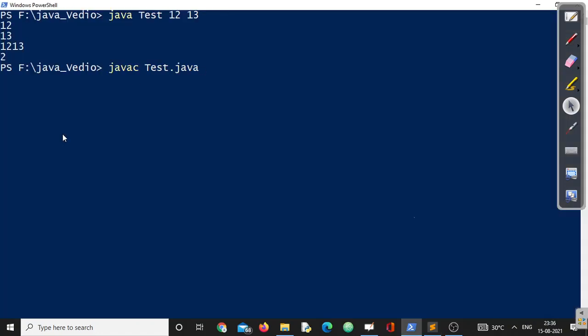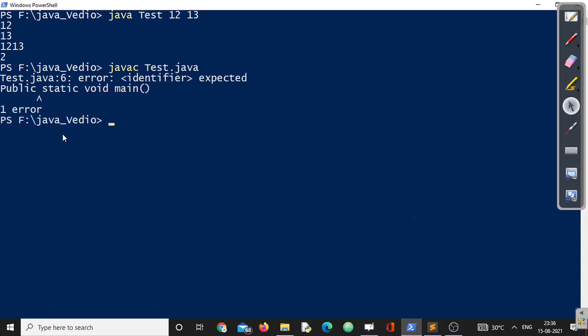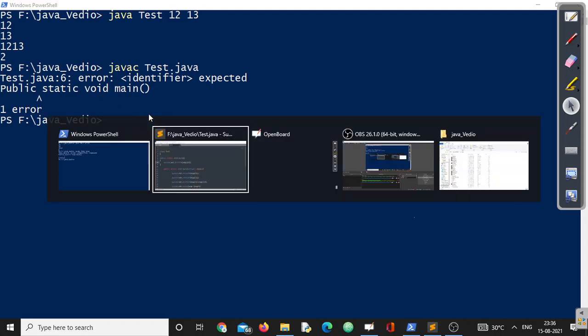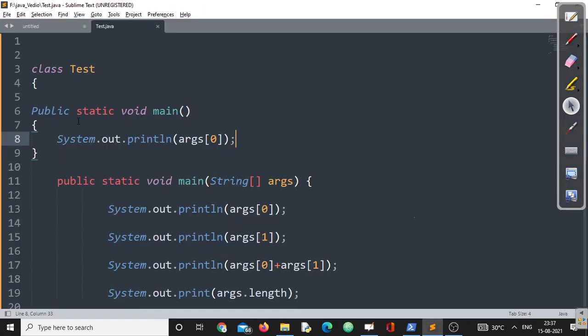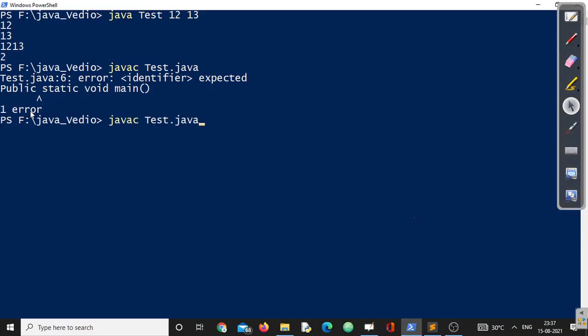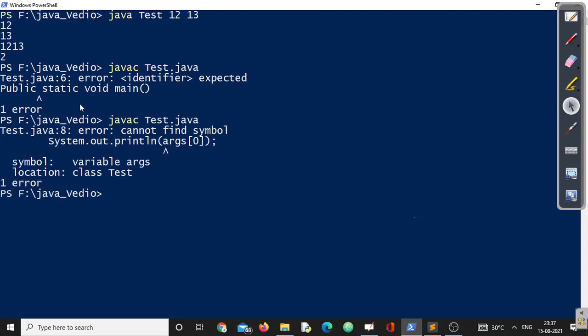It identifies public static void main. I think public should not be in capital letters, it should be in small letters, right? JVM says I'm absolutely fine with that. The only problem is ARGS of 0 you cannot access from this main method.